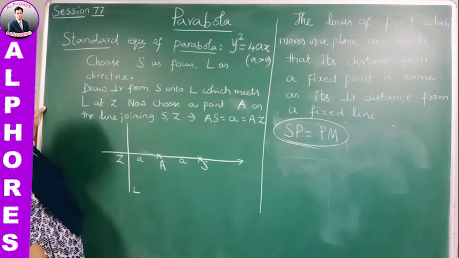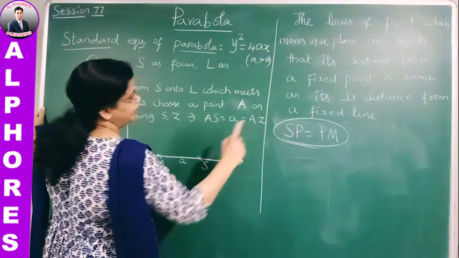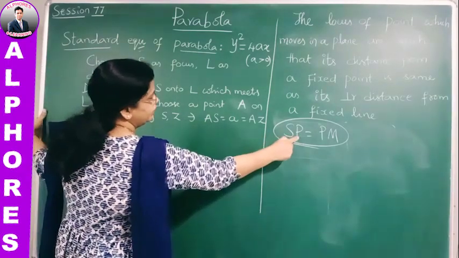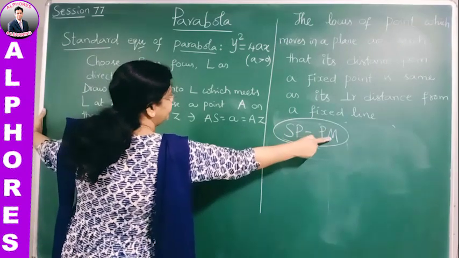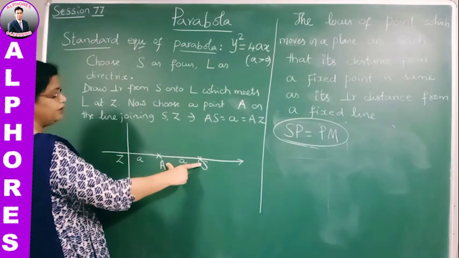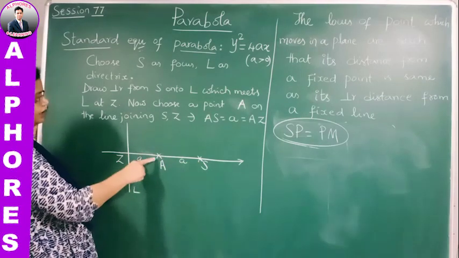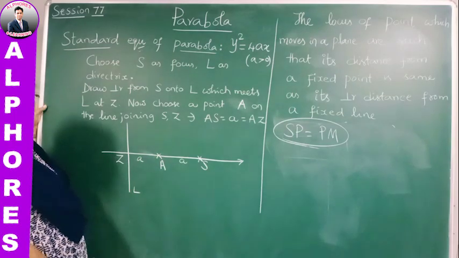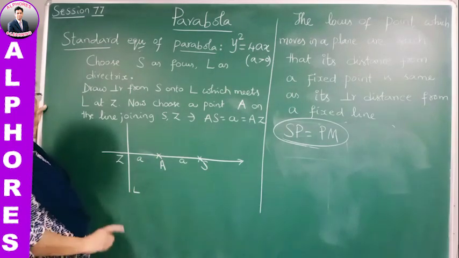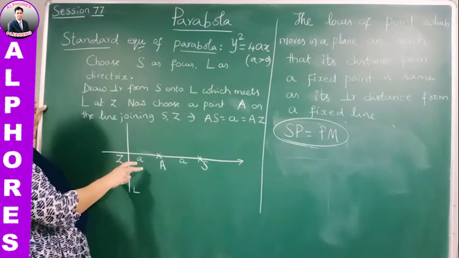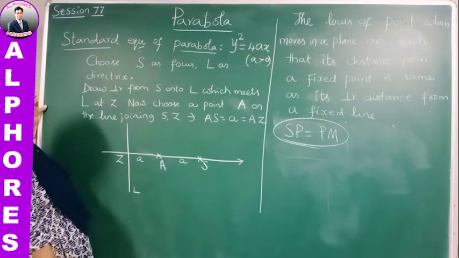Now students, observe the definition of a parabola: SP is equal to PM. SP represents the distance from the focus to any point on the curve, and PM is the perpendicular distance from the same point to the directrix. So here SA is the distance from the focus to A, and these two are equal. This implies clearly that the point A is on the conic, that is, on the parabola. So this is a brief description before we start the problem, that is, the theorem